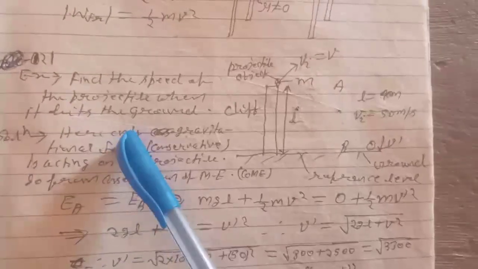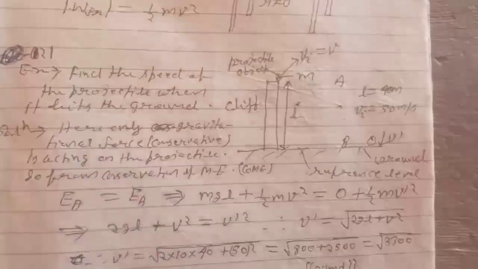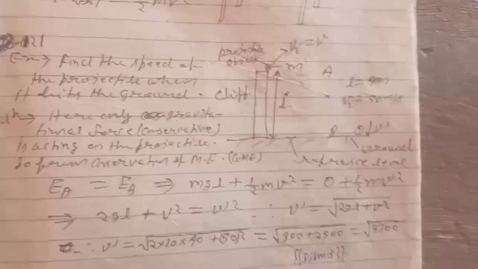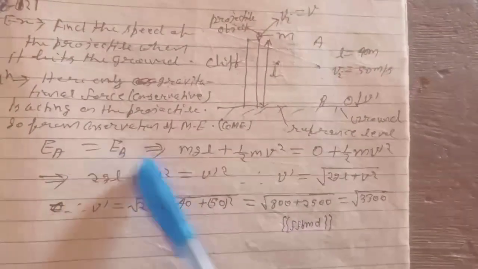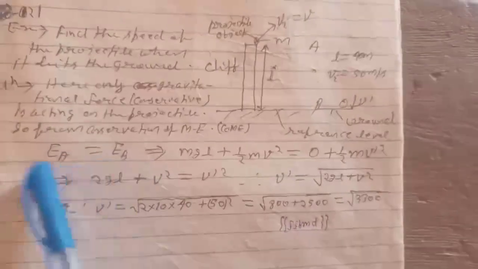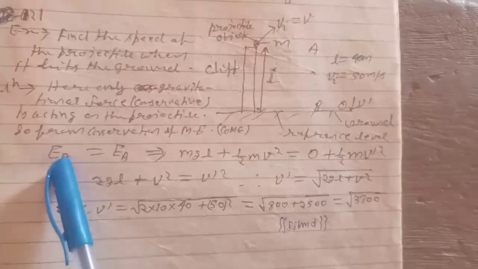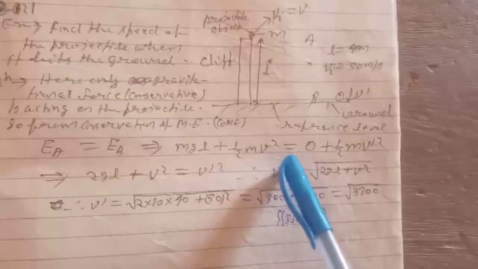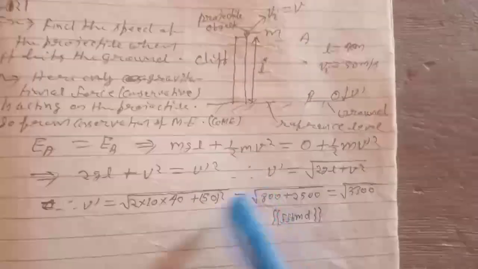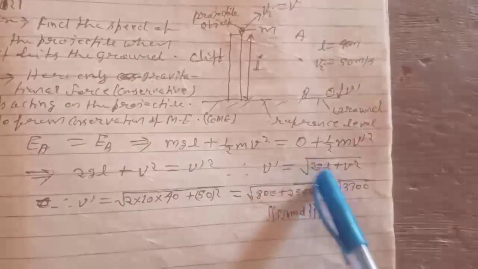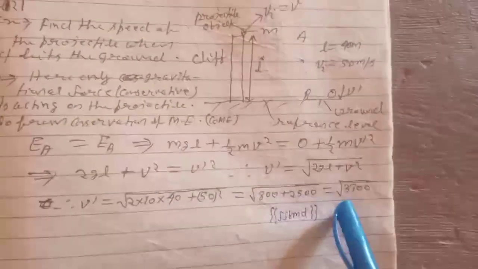Find the speed of the projectile when it hits the ground. Here only the gravitational force, a conservative force, is acting on the projectile. So from conservation of mechanical energy, EA equals EB, that is m g l plus 1 by 2 m v square equals 0 plus the kinetic energy at B. That means the total mechanical energy at A equals the total mechanical energy at B. So m g l plus 1 by 2 m v square equals 0 plus 1 by 2 m v dash square. This implies 2 g l plus v square equals v dash square, or v dash equals under root 2 g l plus v square. So we get under root